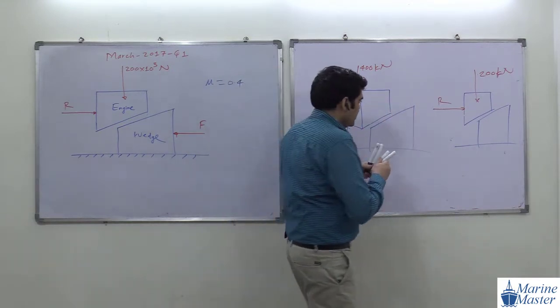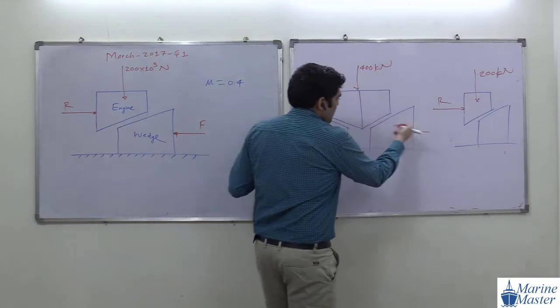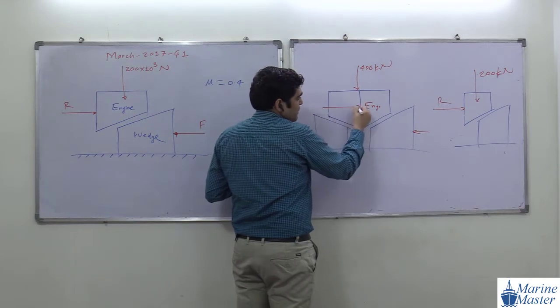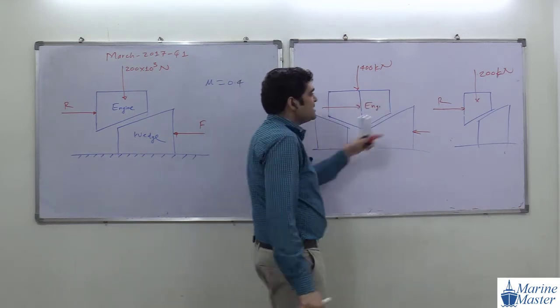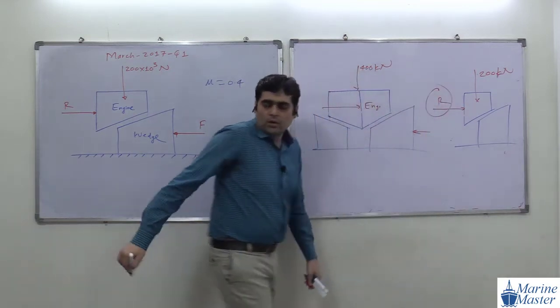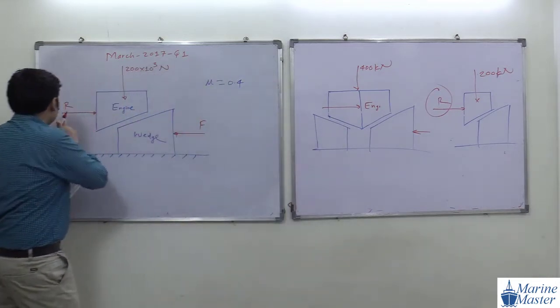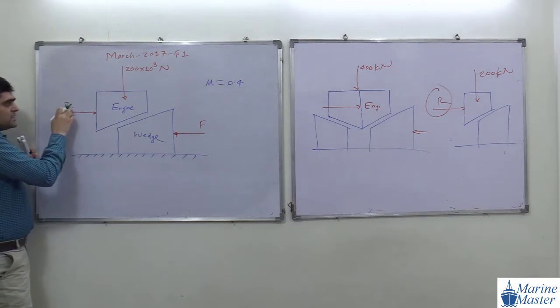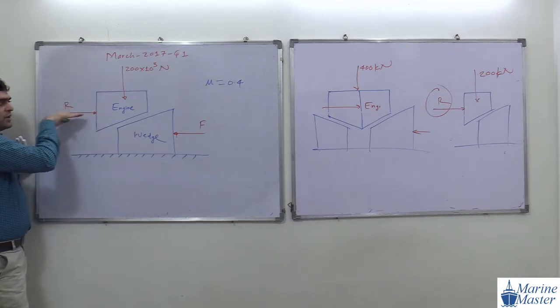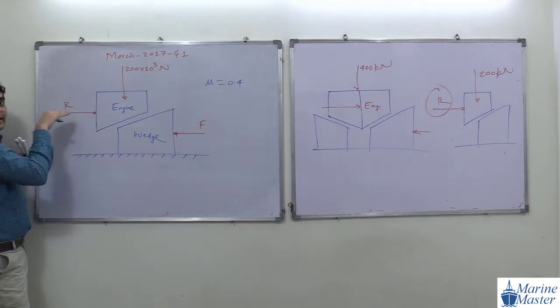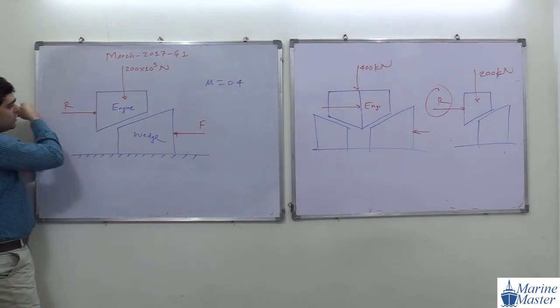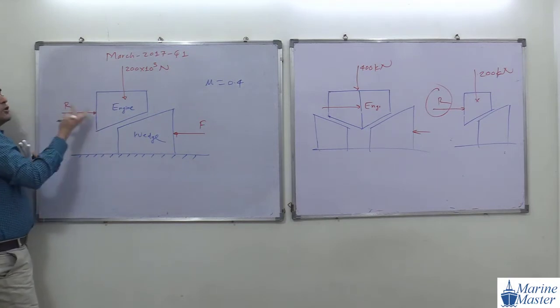So if you separate this side part, what will happen? If you try to move this engine part on this side, this part will apply force like this, and this reaction R will come. Are you getting my point? This is a force on this engine which opposes its motion on this side. If there is no R, then what will happen? The engine will not go up, the engine will go this side. So there must be some R which is due to the remaining part of the engine.